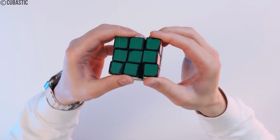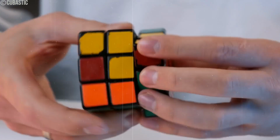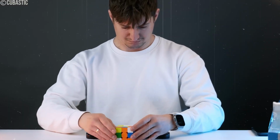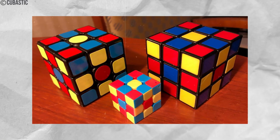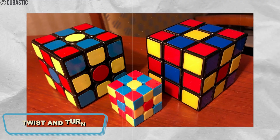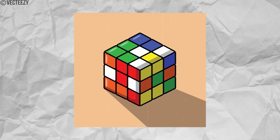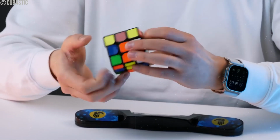If you were around in the 70s, you definitely remember the Rubik's Cube. It was that colorful, twisty puzzle that everyone had, but no one actually knew how to solve it. It sat on your coffee table, taunting you every time you looked at it. You'd twist and turn it, trying to match the colors, but it always felt like one wrong move from chaos. People spent hours fiddling with it, convinced this would be the